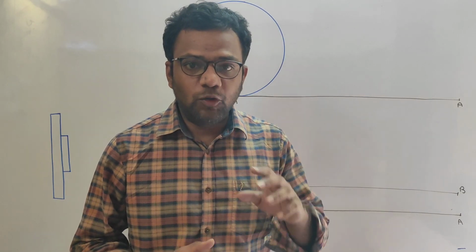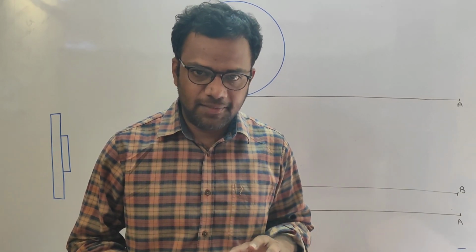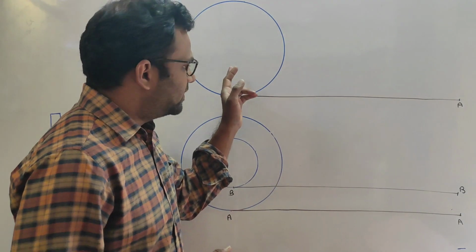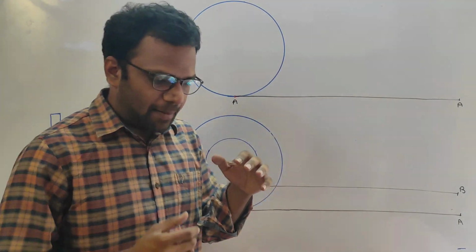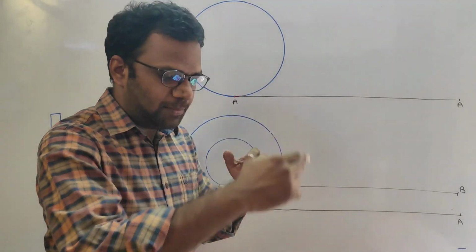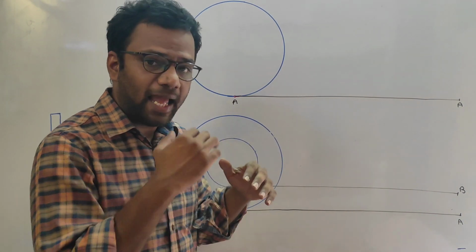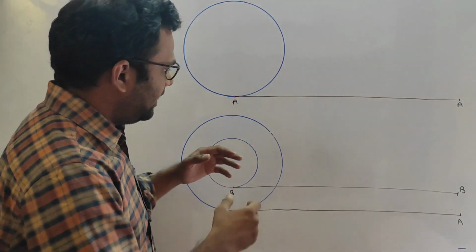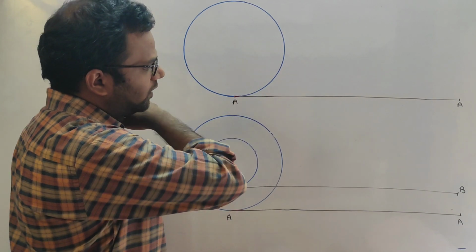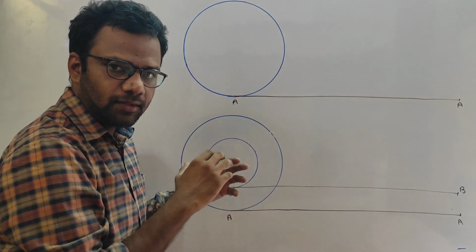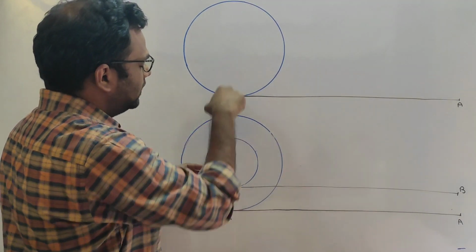Let us say we have to measure the circumference of a disc. So this is that disc. What we can do is apply some paint on its periphery. Let us say we have applied black paint on its periphery, and I can roll this disc on a plane surface. So A is the point marked on the disc.